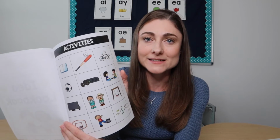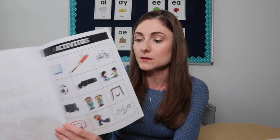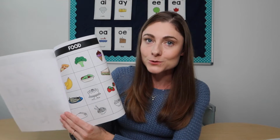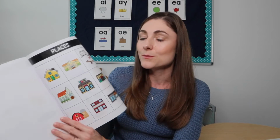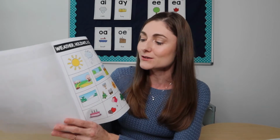There's different activities in there. Do they like playing games? Do they not like playing games? Do they like music? Do they not like music? What types of music do they like? What kind of food do they like and not like? What kind of places do they like to go, or do they not like to go? Do they not like to go to the doctors? Do they love to go to the park? Weather, holiday season. So basically, the point of this is just for them to be able to look,